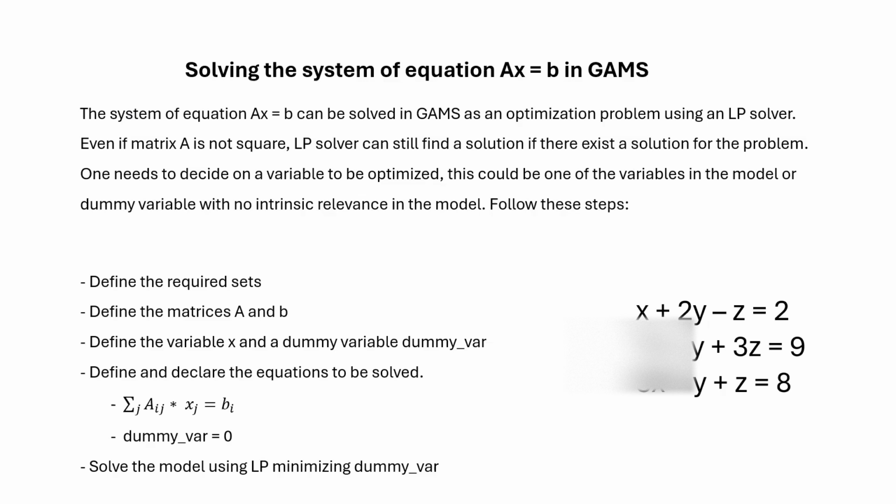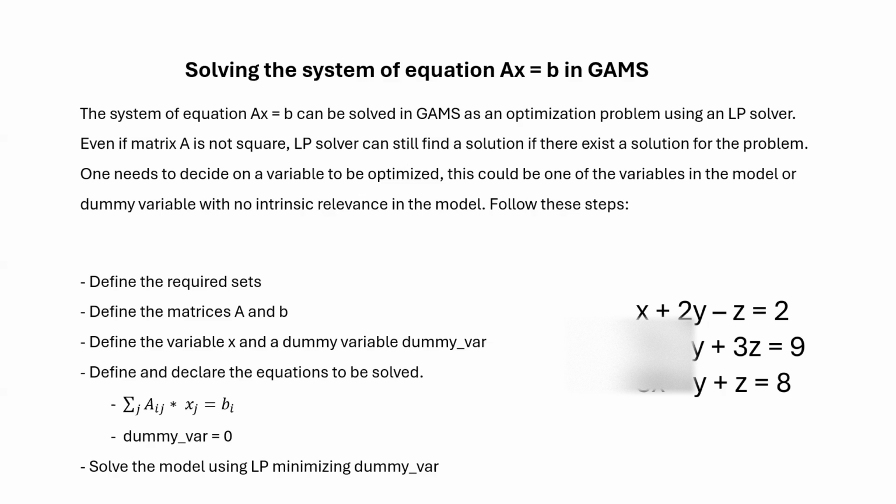You can also invert the matrix. If you write this matrix, you can find the inverse of this matrix, multiply by B, and that gives you this X. Now, if you formulate the problem as an optimization, you can use an LP solver, linear programming, basically. Even if the matrix A is not square, an LP solver can still find a solution